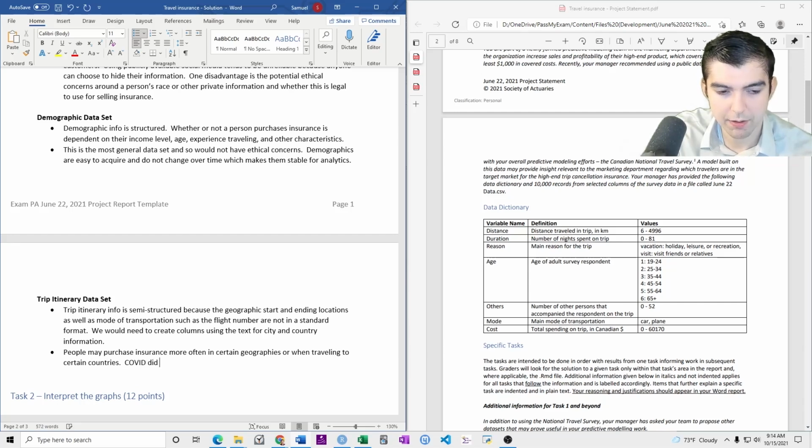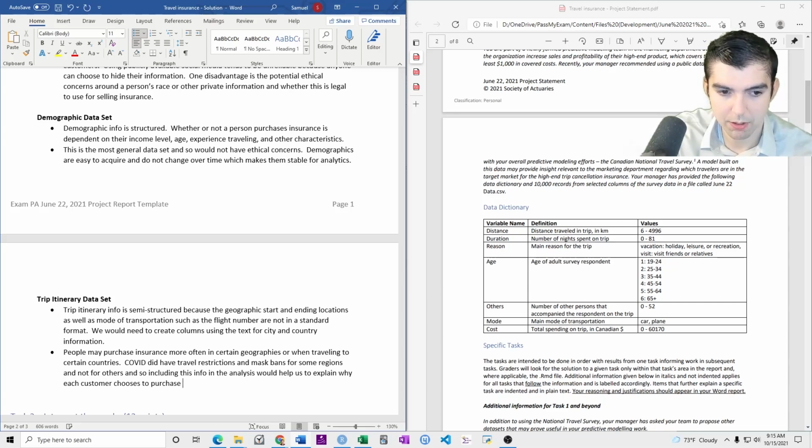COVID did have travel restrictions and mask bans for some regions and not for others, and so including this info in the analysis would help us to explain why each customer chooses to purchase or not.